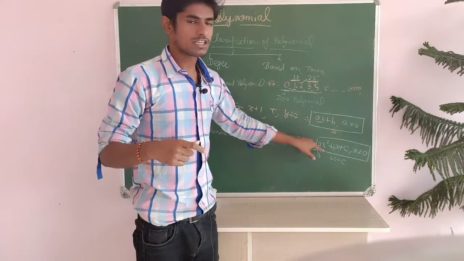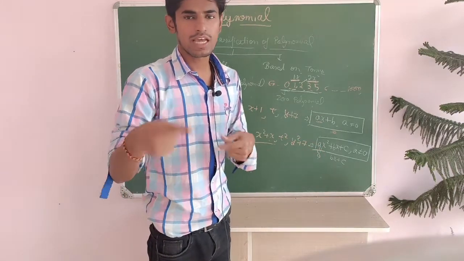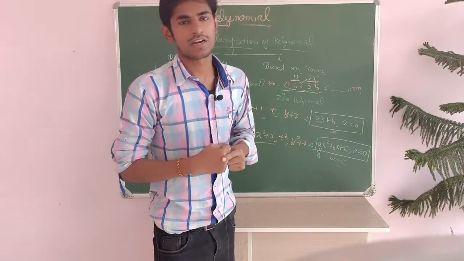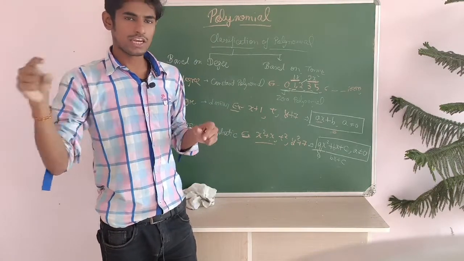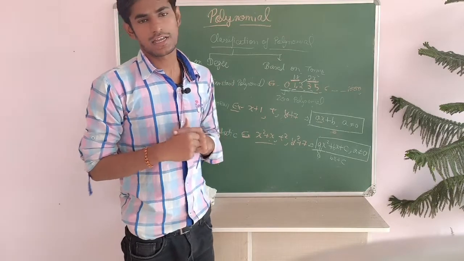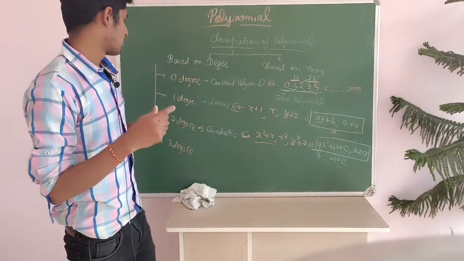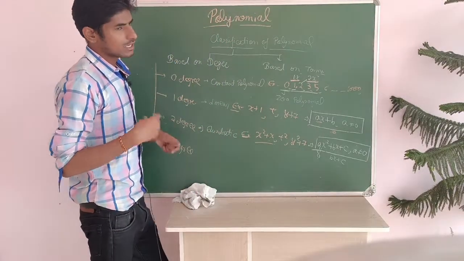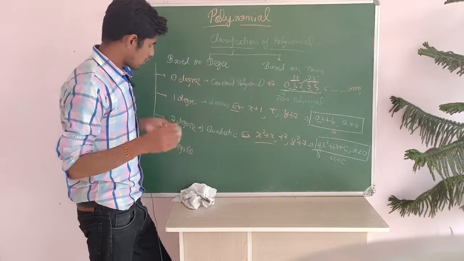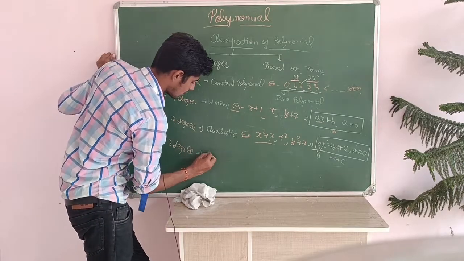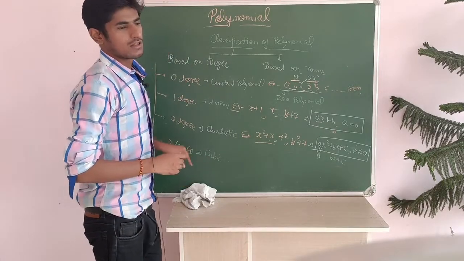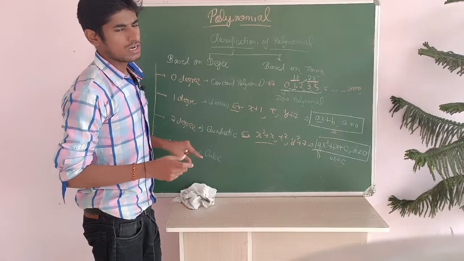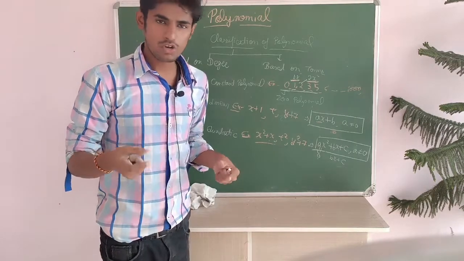So the general equation of quadratic is ax square plus bx plus c. Very important. The general equation of quadratic is ax square plus bx plus c where a not equal to 0 is called quadratic. Please remember. Now come to the 3 degree polynomial. There is a special name, cubic polynomial. The 3 degree polynomial we call cubic. 3 degree के polynomial को हम cubic कहते हैं.